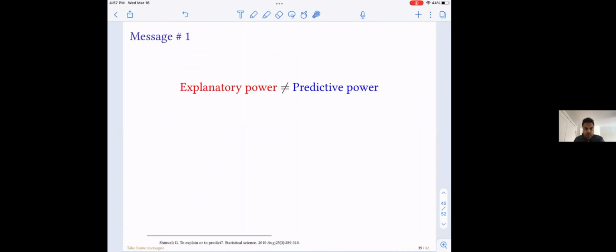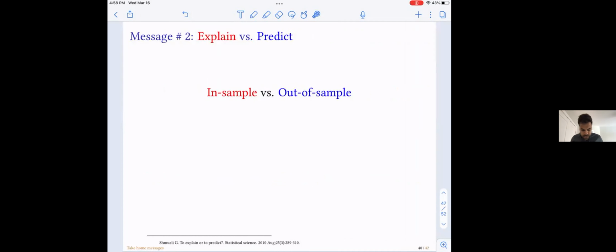And I just want to end with some take-home messages from this presentation. Explanatory power is not equal to predictive power. So just because you have a model that's really good at explaining does not automatically imply that it's going to be really good at making predictions. Okay, and so this idea of filtering on most predictive or most significant variables is not the best idea. And again, the best explanatory model is not necessarily the best predictive model. I just showed one counterexample of that, where we removed 350 of those most important ones, and still the prediction was just as